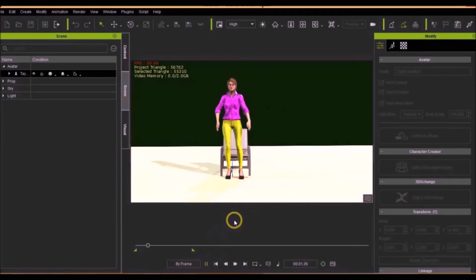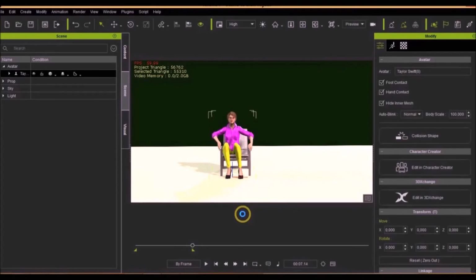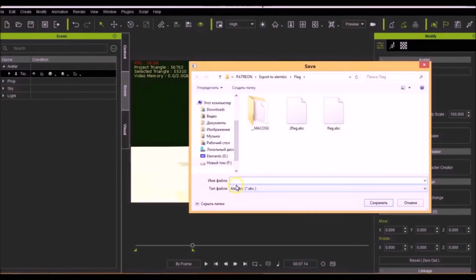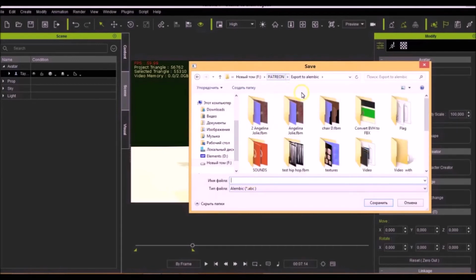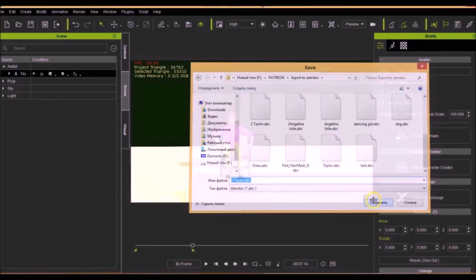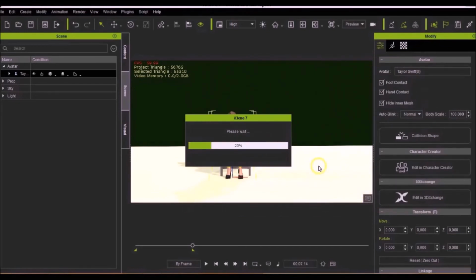After dragging and dropping, you can see the flag OBJ icon appear on the editor tab. Find the animation section under the flag OBJ tab in the timeline drop-down menu and drag and drop the flag ABC file to that section. That's it, the job is done. And now you can see the result by playing it in the playback.